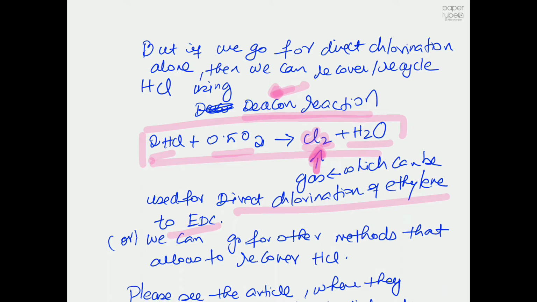using these three reactions: direct chlorination followed by pyrolysis, and then we are going to take the hydrochloric acid produced from reaction 1, which is direct chlorination, and then we are going to mix it with ethylene to get